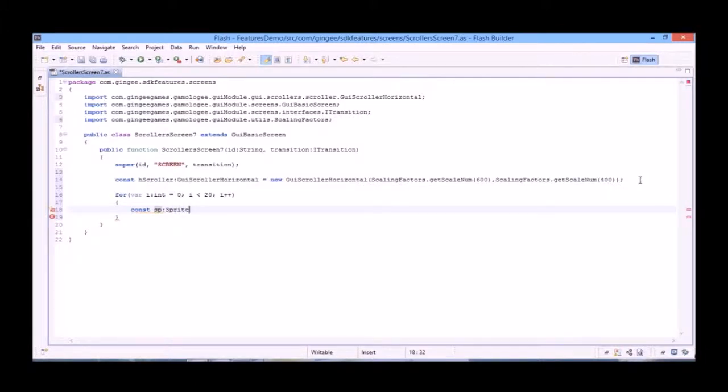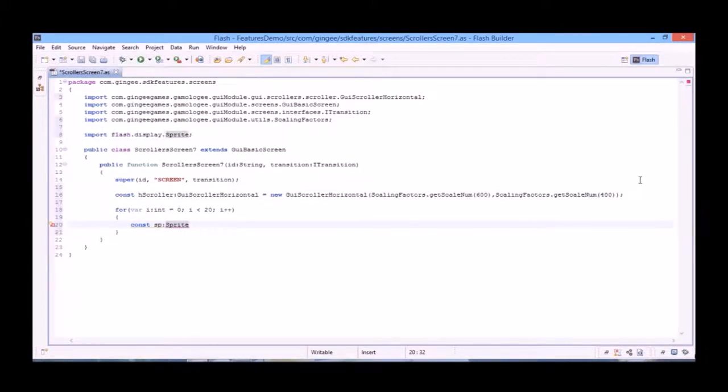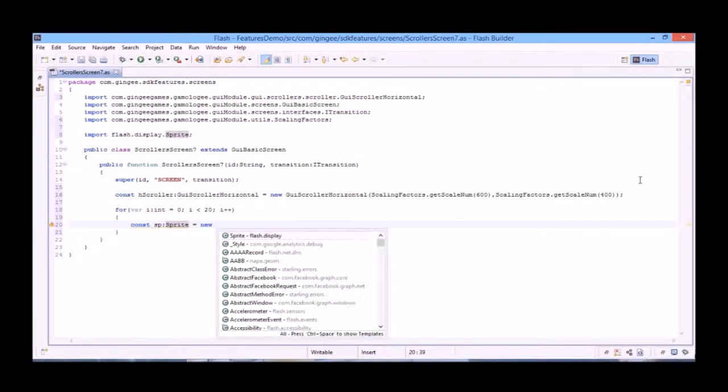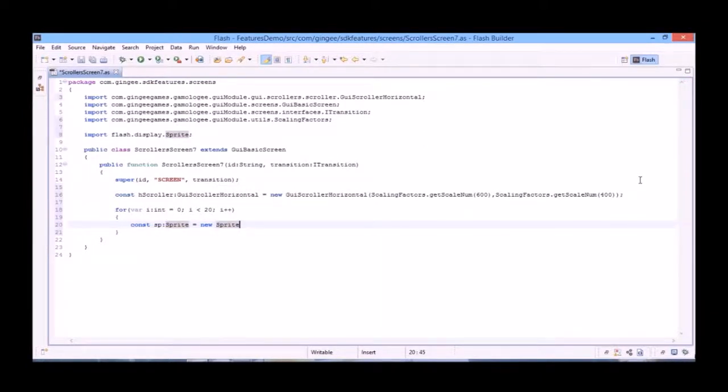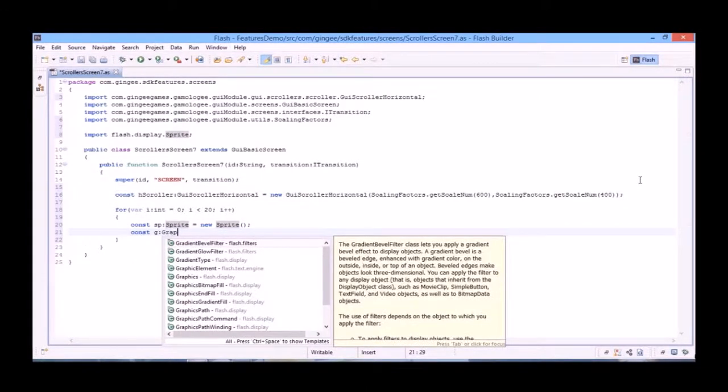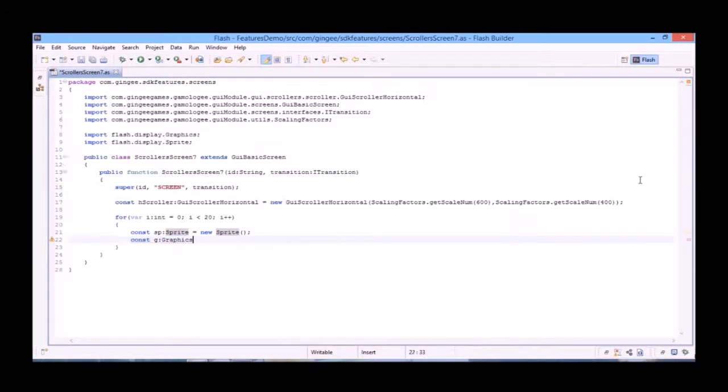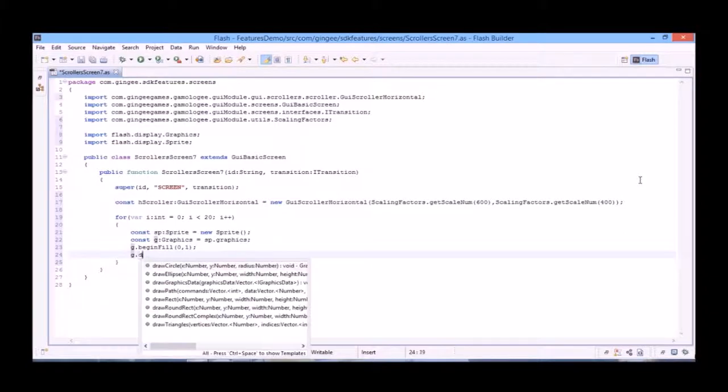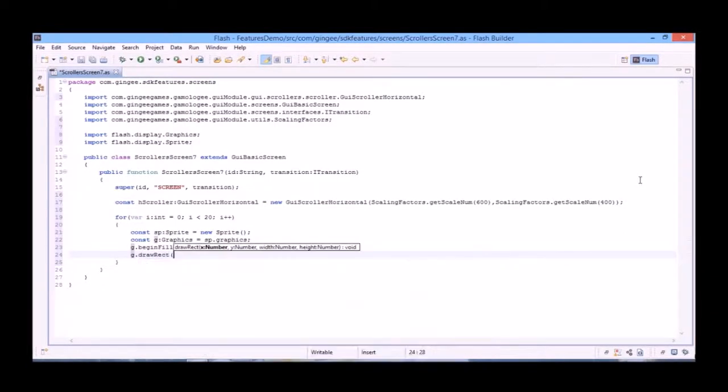And all this stuff is just standard geometry in Flash, so const sp sprite equals new sprite, and const g graphics equals sp.graphics. And then g.beginFill 0, 1, g.drawRect